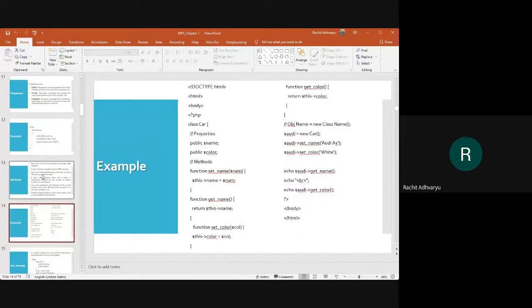The methods can be declared with parameters, and the parameters can be directly passed whenever you are calling a particular method using the object.